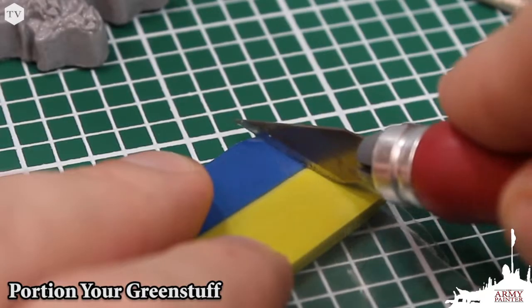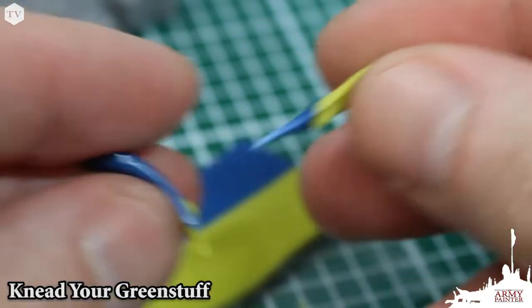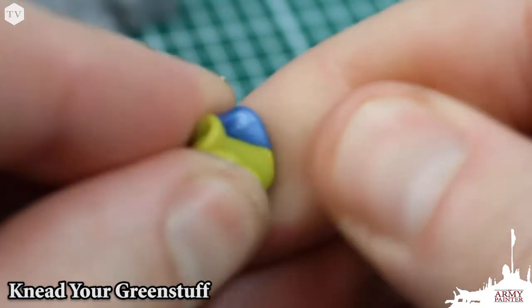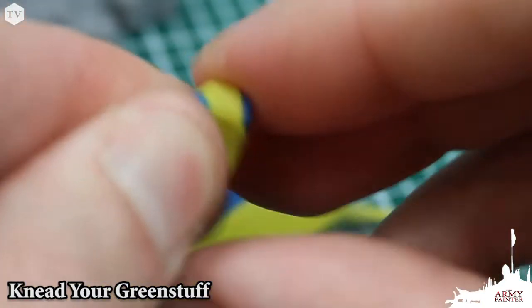Greenstuff comes with one strip of blue material and one strip of yellow. You'll want to begin by cutting just a small sliver of each, careful not to cut too much so as not to waste any of the material, because once it's mixed, there's no going back. Speaking of mixing, you'll want to knead the blue and yellow materials together thoroughly, and just like that, you've made